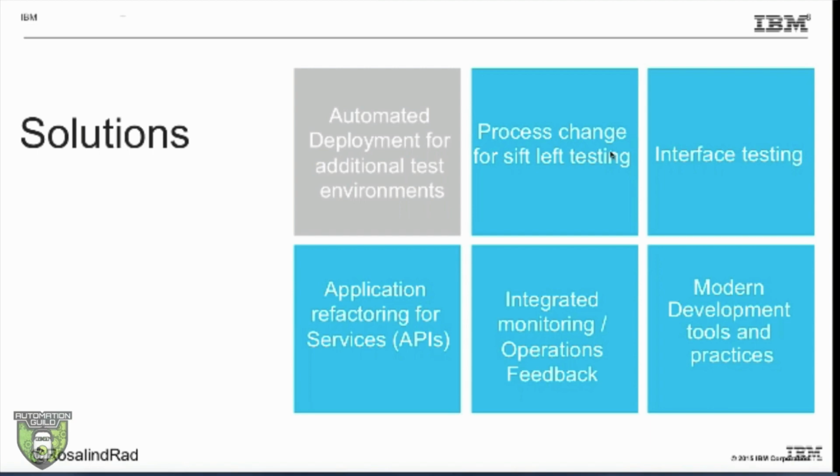The first one is the automated deployment for additional test environments. It's the ability to dynamically provision an environment as part of your pipeline so that you can ensure that you are testing the function as soon as possible in your delivery pipeline. You're delivering the value and making sure that you have all of your configuration, all of your changes, everything, infrastructure as code, as part of your deployment, as part of your test, so that you can ensure by the time you deploy it to production, everything is